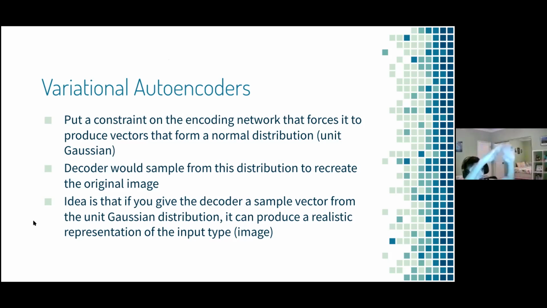There's no sense of a continuous distribution. For example, there are certain points in your latent space that, if you sample them, will give a good reconstruction, because maybe when you trained the model, it saw a specific image